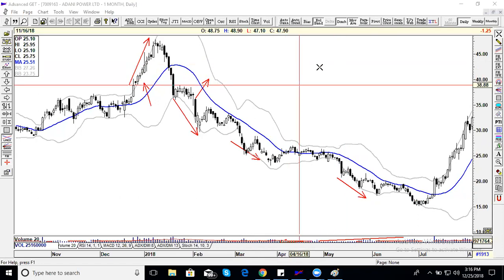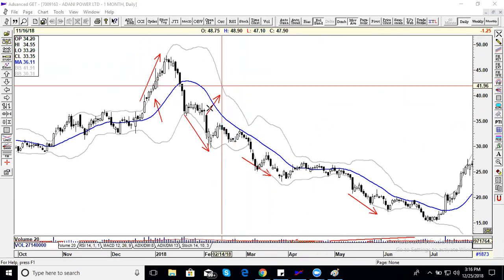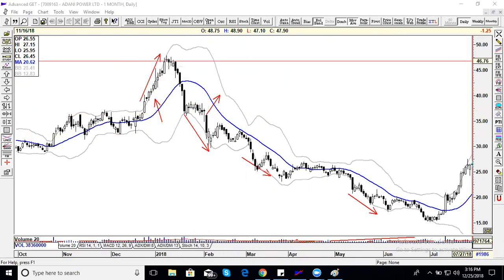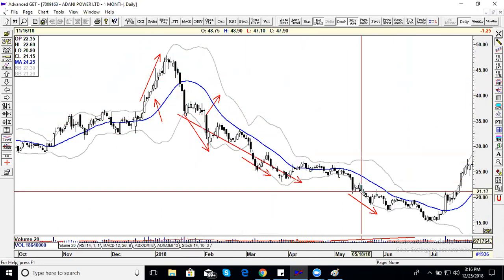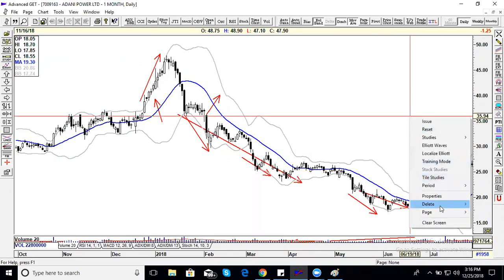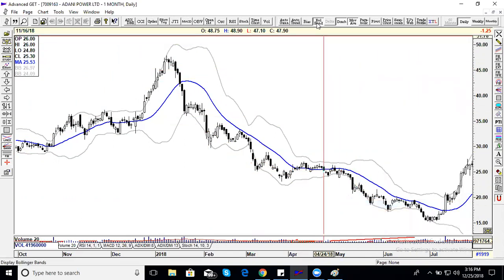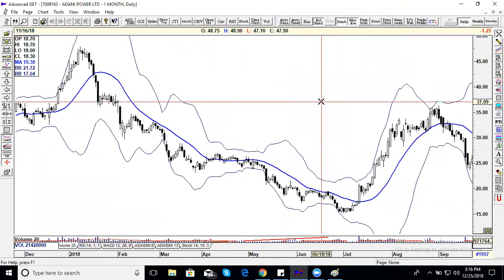Yes, you can. I have slapped the 20 period moving average and I have picked up 2 standard deviation bands, wherein unlike 1 standard deviation, you can see most of the data fits into this. That is what I said about 2 standard deviation. And the last thing which I showed you is a 3 standard deviation move, wherein almost 99% of the data will fit into these bands.